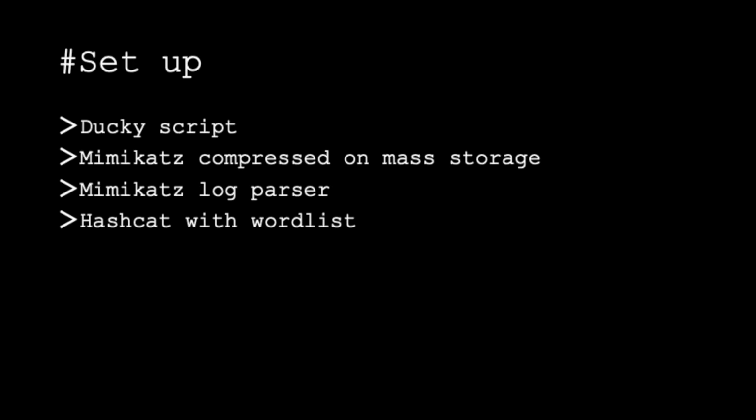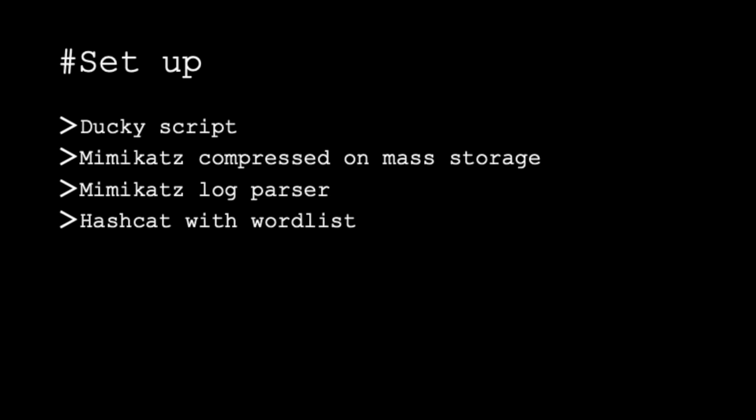This attack once again uses a pre-configured Ducky script running on the Pi Pico. However, in this attack we'll also be using the Pi Pico's USB mass storage functionality in order to host a compressed version of the Mimikatz executable. This executable will be extracted to the host and run. Once the creds have been collected, they will be stored back on the USB storage device of the Pi Pico and extracted. The attacker will then take the extracted Mimikatz logs, extract the NTLM hashes, and crack them in Hashcat